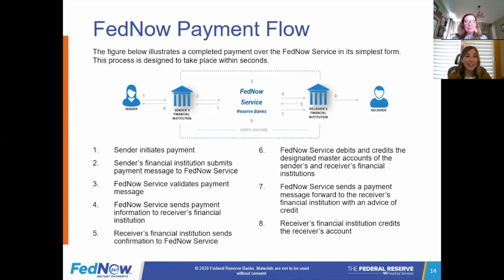So again, that's a high-level overview of a simple payment flow. Again, all of this is happening in a matter of seconds and seems very simple, right? But that's what we wanted to highlight for you, just to give you a sense of how we expect the messaging to work. So that really wraps up the overview of the FedNow features and functionality. And I will kick it back over to Maria to talk about ways you all can stay engaged and educated and get involved in some of the efforts.